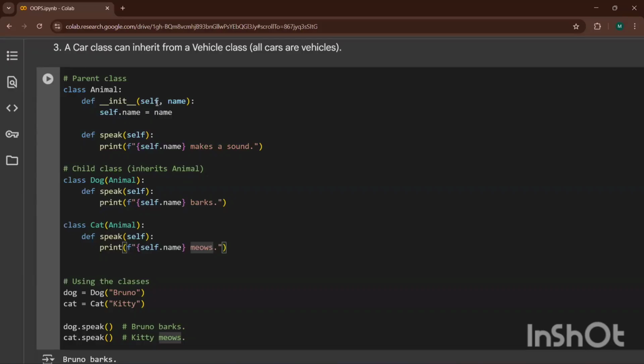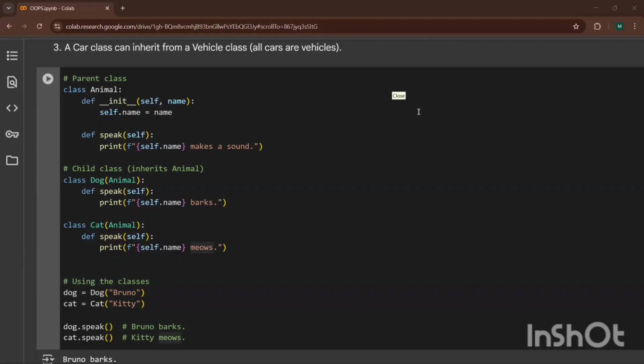Ma'am, if we call the animal class, so it will print the make a sound line, right? Yes.